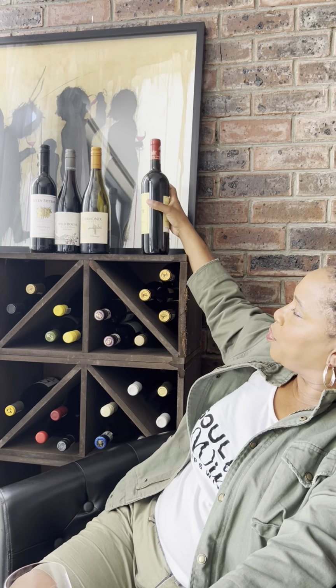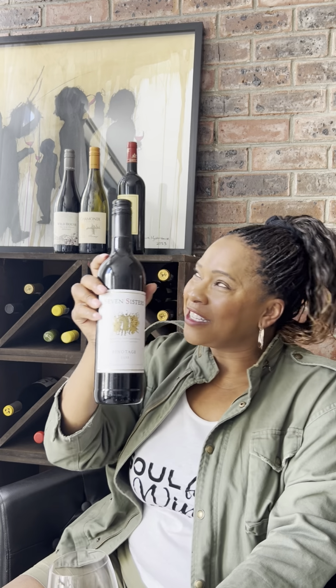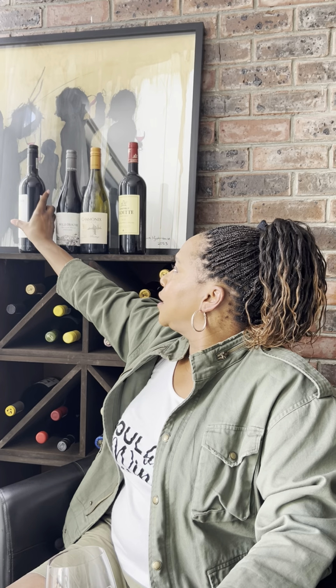And then of course, you guys know I have to stay on brand, so I'm gonna show you which producer is Black owned. So this is Seven Sisters. Seven Sisters is a wine farm in Stellenbosch. It's one of 2 commercially owned Black owned wine farms, 100% Black owned, and they produce a Pinotage. So here's the Seven Sisters Pinotage. Yes, so Black owned. Yeah, so those are a few of my favorite Pinotage,